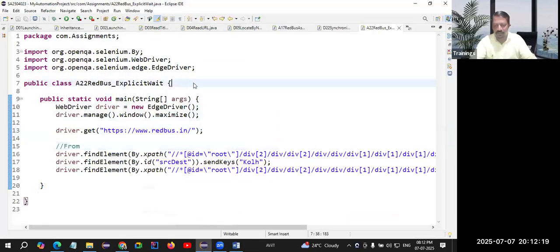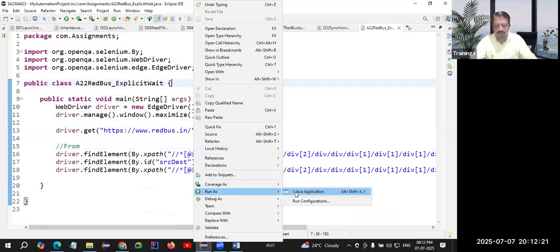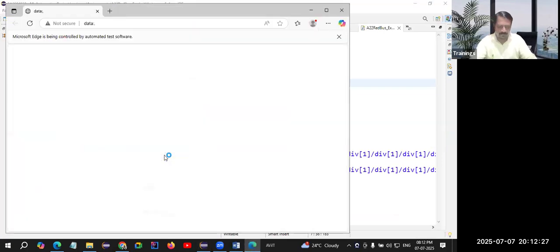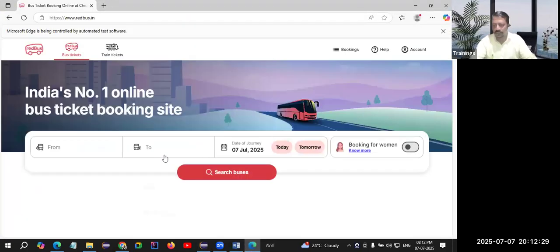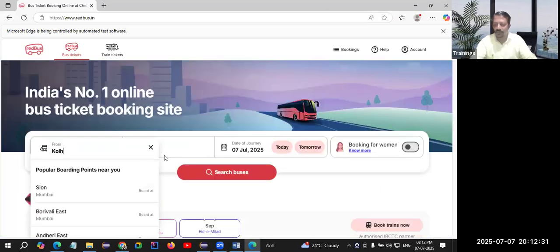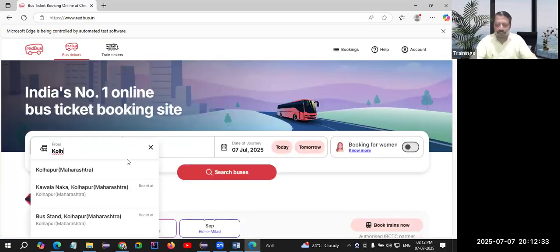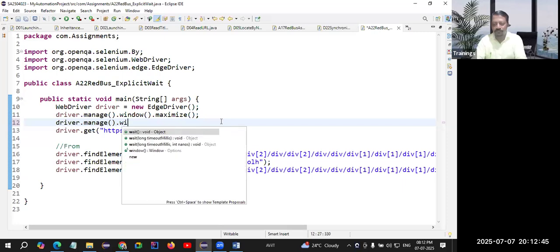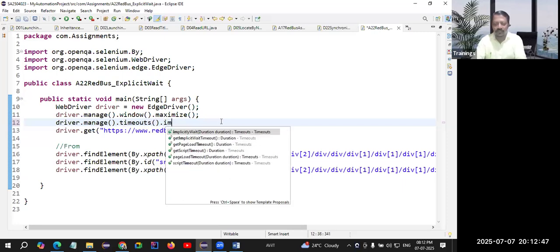I will try to run it once again. Sometimes this control is not getting visible in time as well. It's okay. It entered KOLH, but it is not clicking on Kolhapur. Why? Because it is taking some time. So there one solution is very simple. You can use driver.manage().timeouts().implicitlyWait